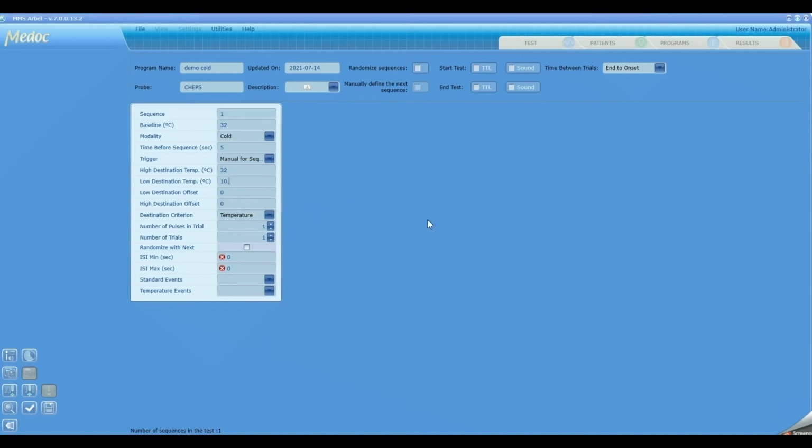Well, I will leave the offset parameters for now. We'll play with them later. We want only one pulse in trial, and we want, let's say, 10 trials. Now, please pay attention that in case of cold pulses, the ISI minimum value is 8 seconds, excuse me. Since the